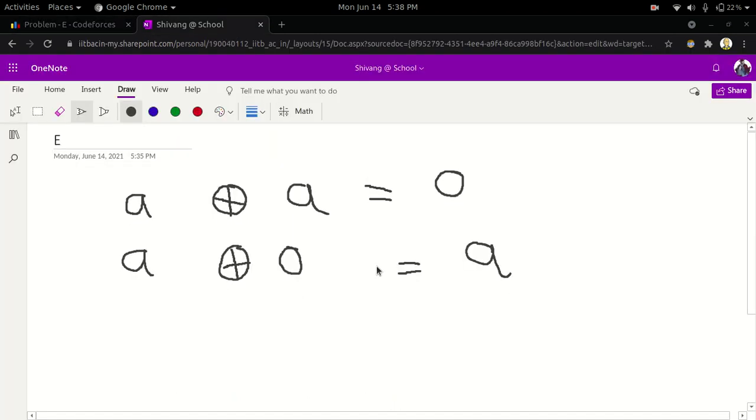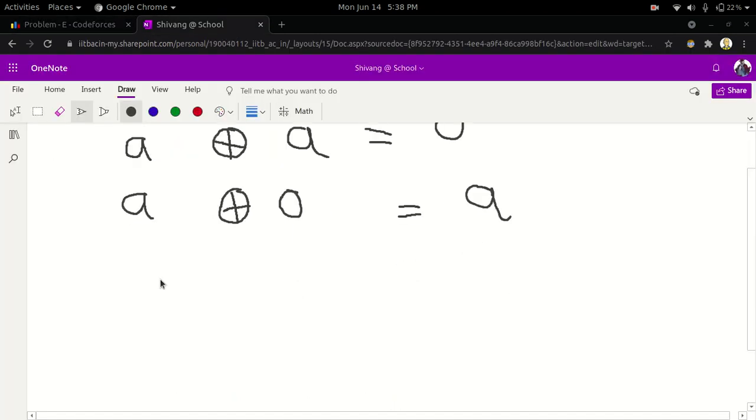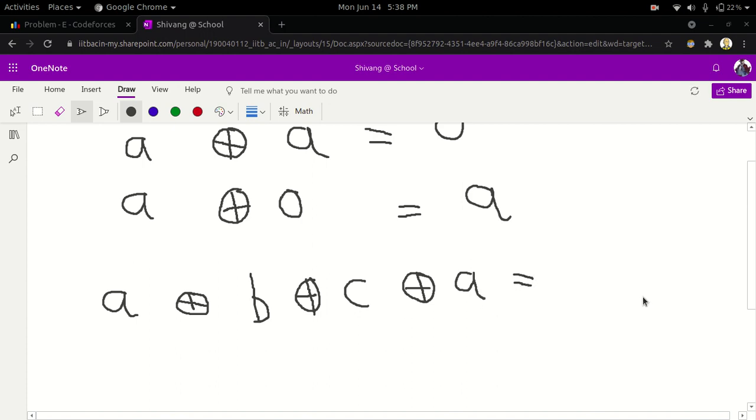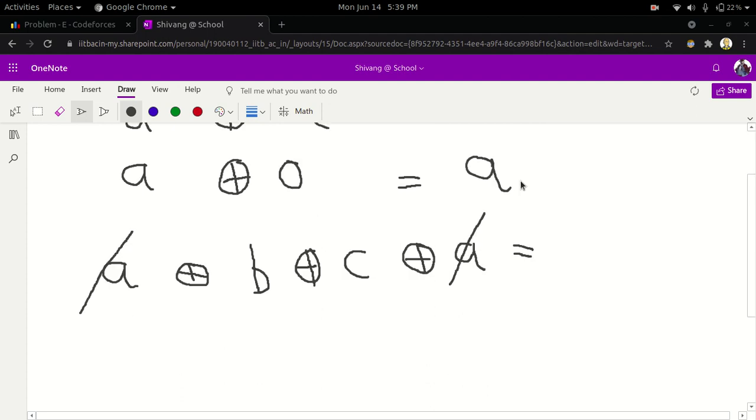These two things give us this result: if we have many elements and we are XORing them up, so let's say we have A, B, C, and then A again. Also, the order does not matter in a XOR sum, like in a sum. So we can rearrange them, and the XOR will not change. We have these two A's, so let's take their XOR first. The XOR of this A and that A is 0, because the XOR of the same elements is 0, and the XOR of that with the other elements is the XOR of those elements.